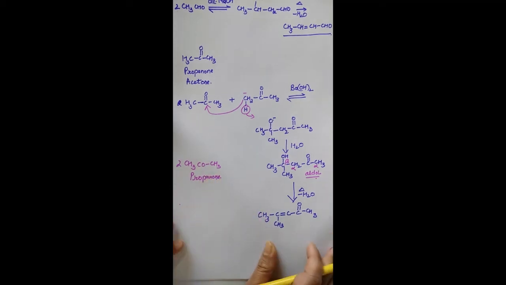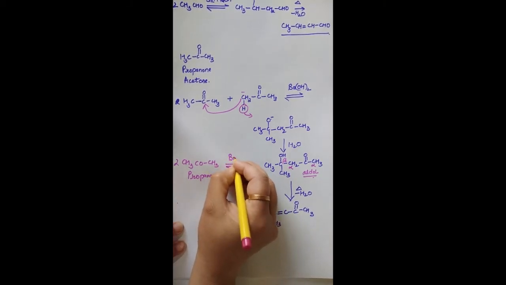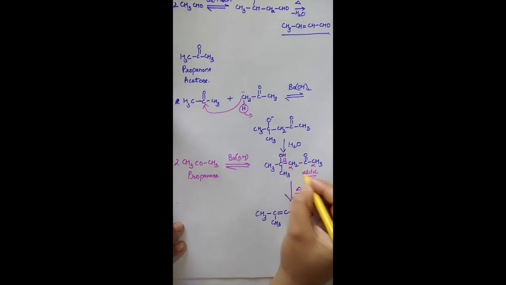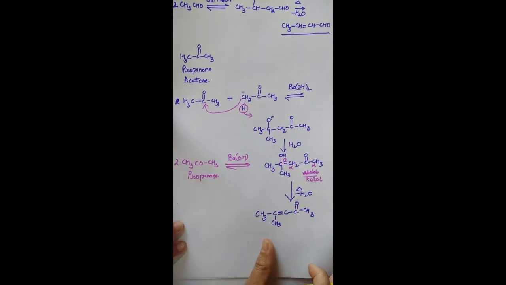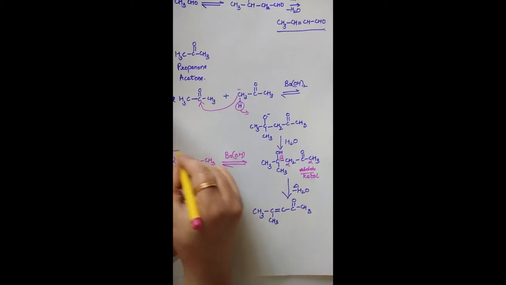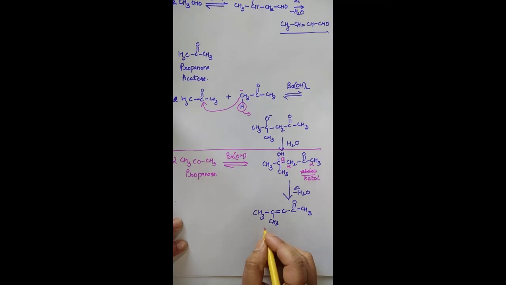So this in the presence of barium hydroxide will form this ketol. So this is the ketol, which we call the aldol product only. And then finally, what will happen when you heat it, removal of water takes place, resulting in formation of